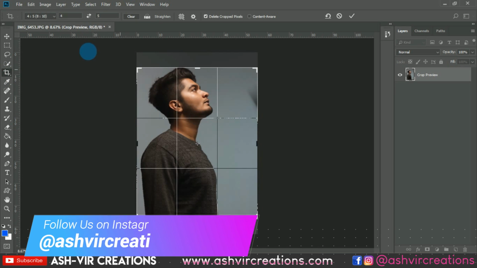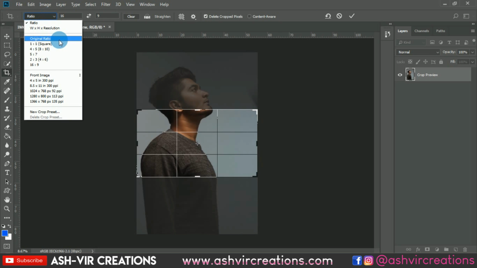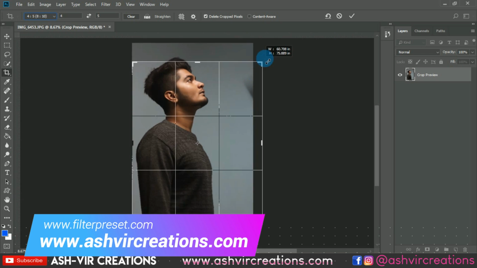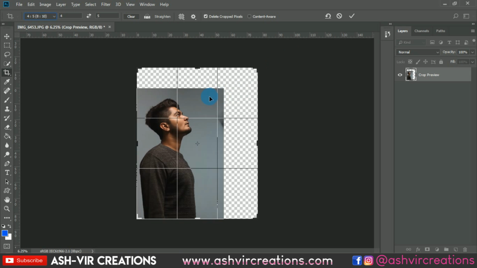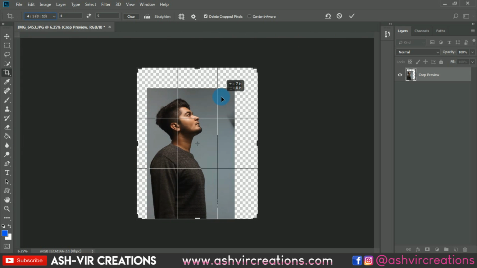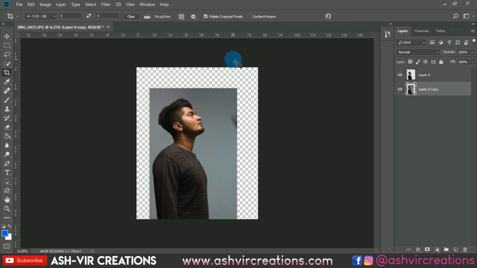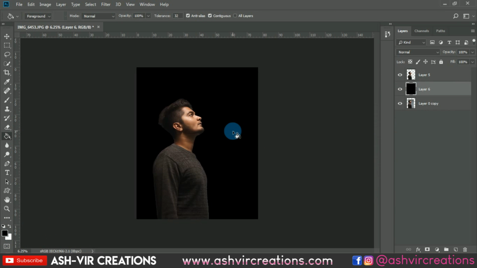Now we're gonna crop the image for our Instagram ratio, that is 8:10 ratio. So let's just crop the image. This concept is, guys, really looking kind of fantasy, with a trending social media addict concept. So you can keep this kind of photo in your profile and take your Instagram to the next level. So let's create a new layer below the subject layer and fill it with the black color.